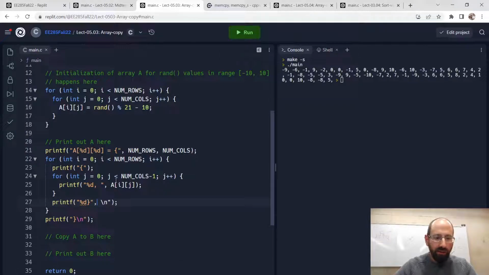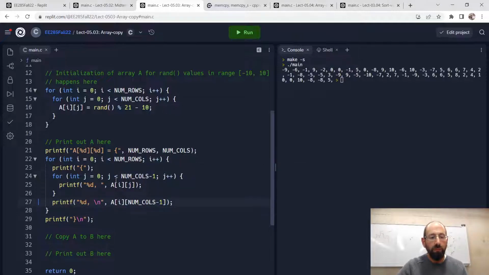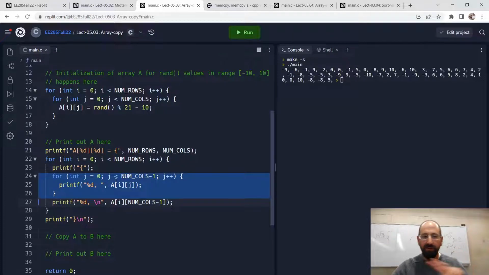We're missing something here. %d, and we actually print out the last value of A of i of num cols -1. So now we're saying instead of just doing everything within that inner loop, we're peeling the last iteration off that inner loop and printing that one separately. And that's what's happening here, right? Do everything but the last element of the array in this steady state, %d comma space. But then for the last one, I